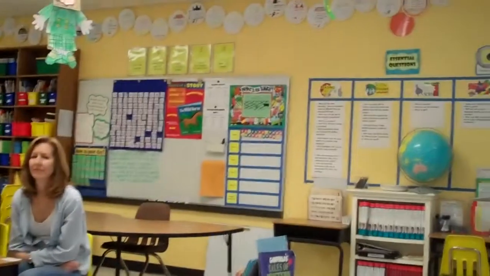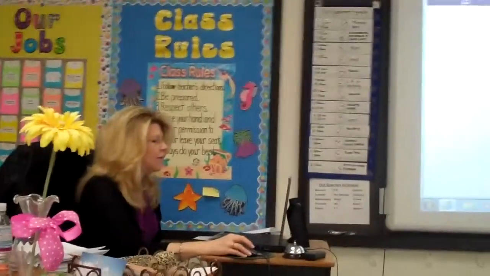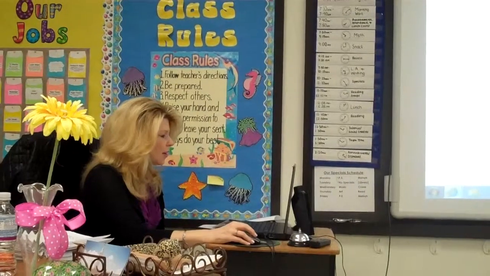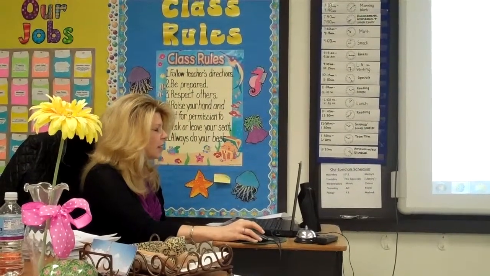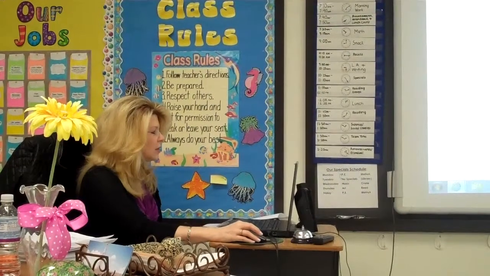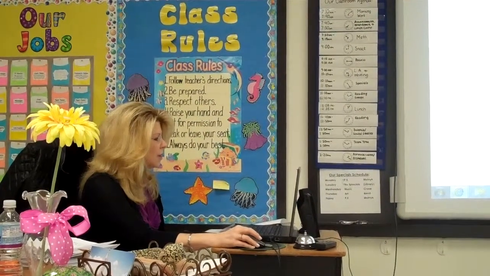Here's a hundreds chart, and so I know my hundreds chart on the backboard. I've lost numbers, and if I want to show number patterns, I have to go back and change all of those and change the colors, and that's time consuming. So here I've got a hundreds chart, but if I want to, for instance, I'm about to teach multiplication in second grade. So if I wanted to show